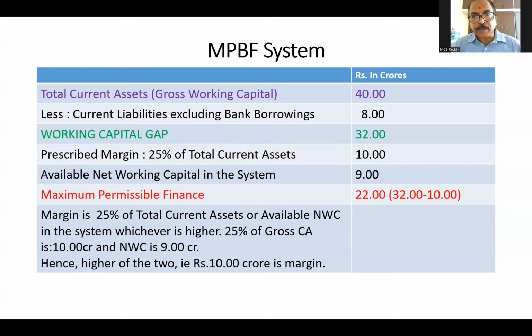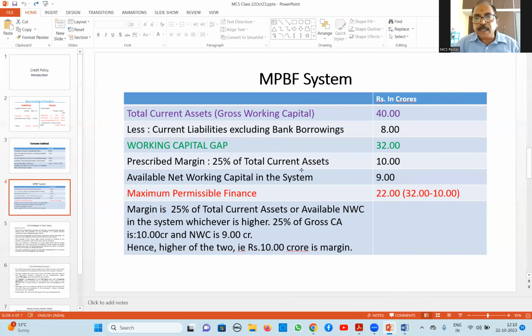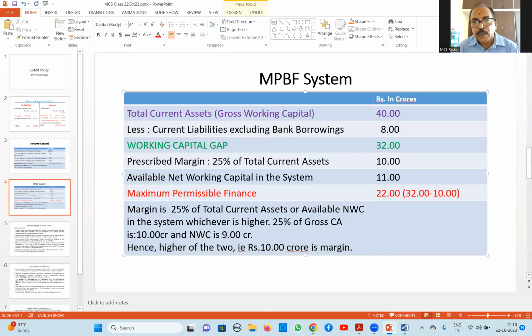Right? Out of the working capital gap, the party has to bring 10 crores, that is 25% of current assets. Then 22 crores is MPBF. Suppose available net working capital is 9 crores. Suppose it is not 9 crores, the party is already having 11 crores. For example, he is having 11 crores. So of the two, the higher one counts. 10 crores is 25% of current assets, that is the prescribed margin as per the method, but